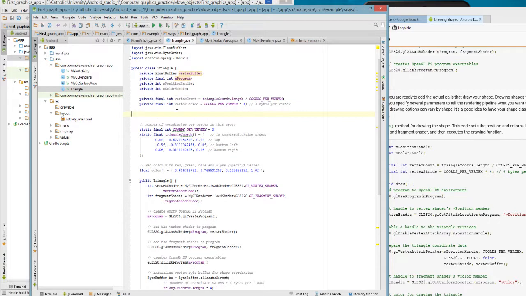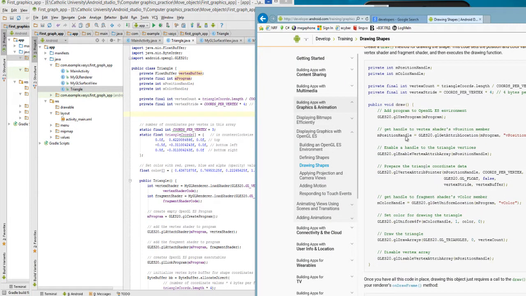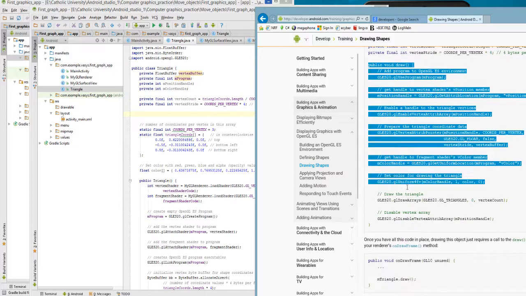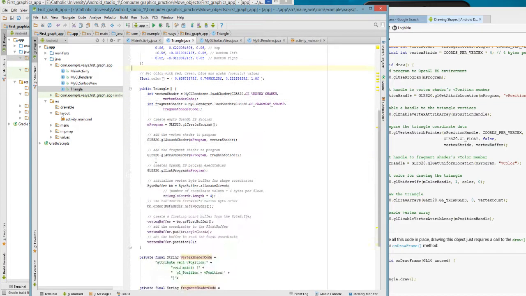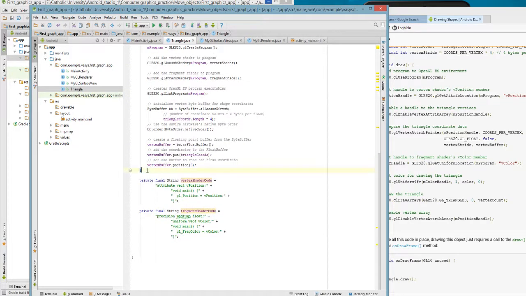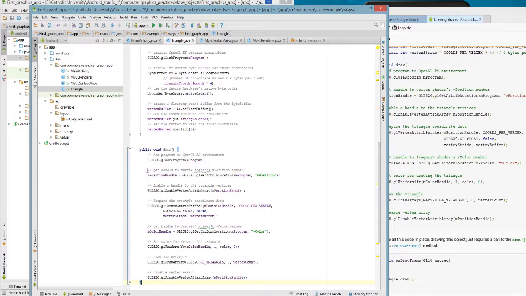Okay, after that we are creating the draw function in the class triangle. So just copy this part and place it here. Okay, so now we do have a draw function